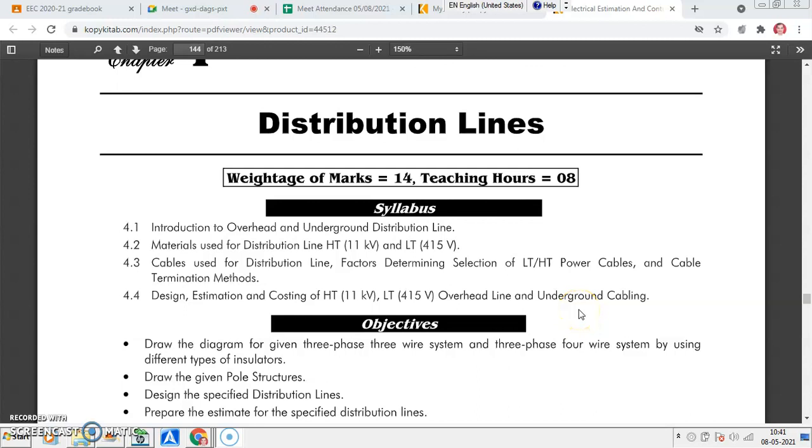So in this unit we have introduction to overhead and underground distribution lines. Then we have to estimate material used for the distribution of 11 kV HT line, then 415 volt LT line. Then we have cables used for distribution lines. We have to discuss the factors determining selection of LT and HT power cables. Then we have